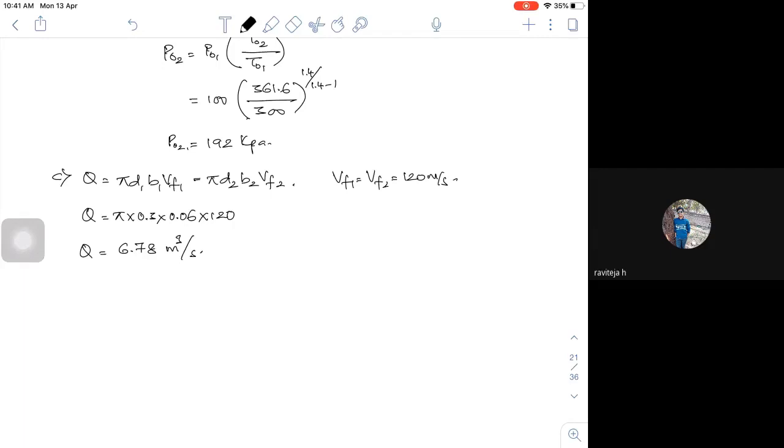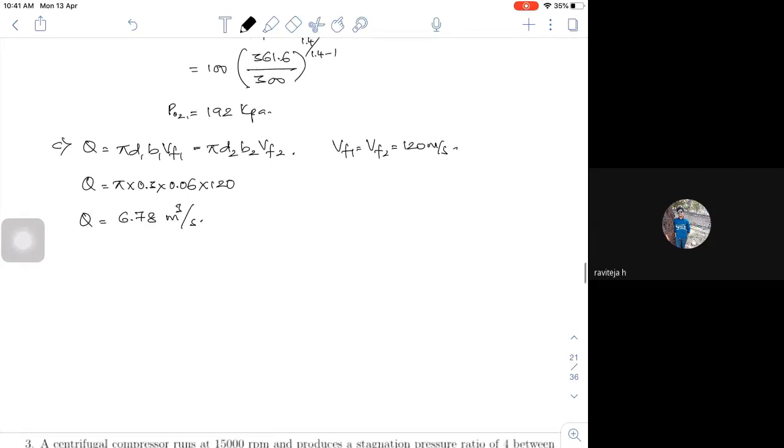And similarly, in the previous problem, I told you that for a pressure of 100 kilopascals and a temperature of 300 Kelvin, using the PV equals mRT equation of state, we got the value of rho. Taking v as the specific volume, PV is equal to RT, and rho is equal to 1 upon specific volume. So from this, I get the corresponding rho as 1.18 kg per meter cube.